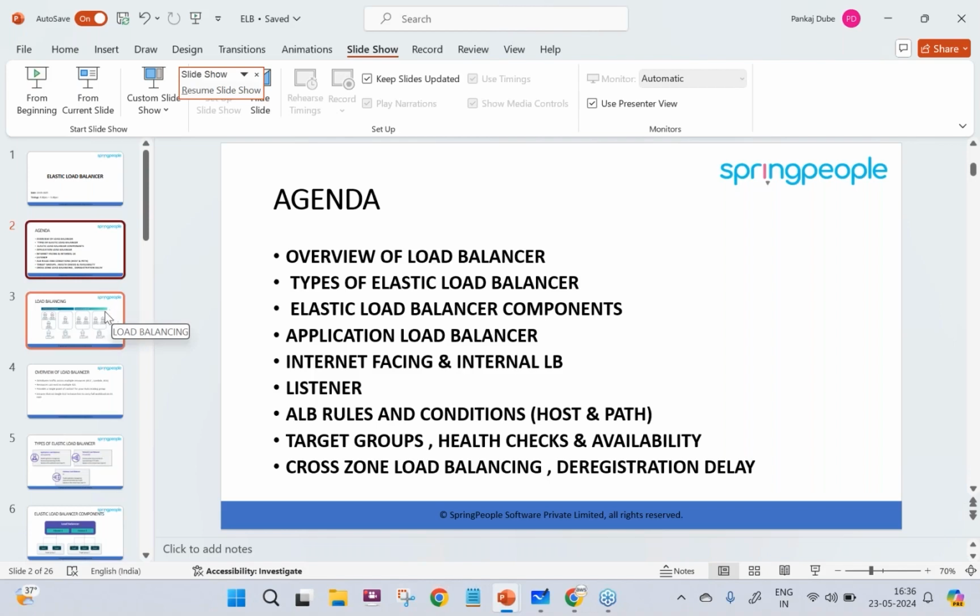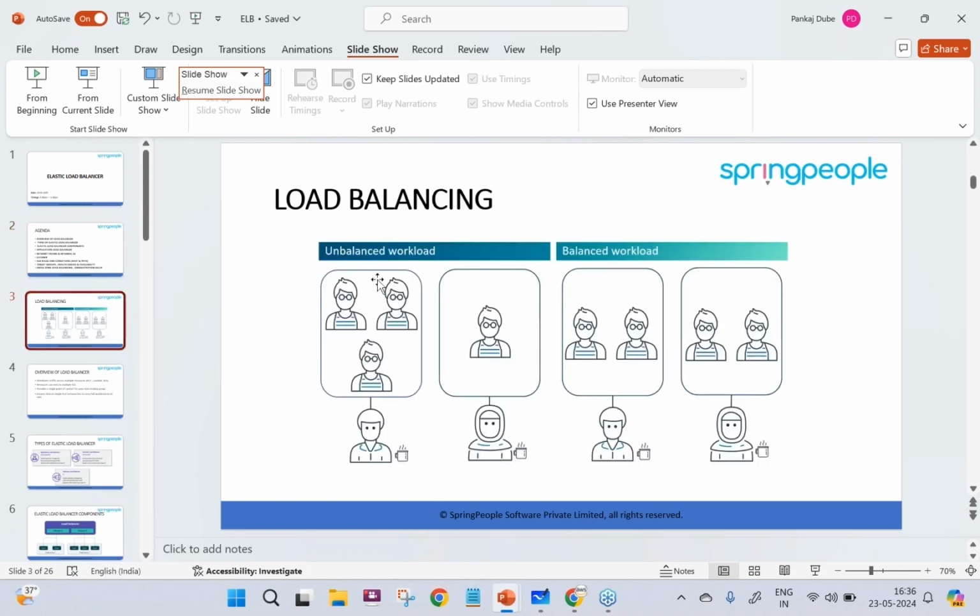So with that being said, let's go ahead and discuss what is meant by load balancing. Let's say you go to a coffee shop, you have a barista to serve your coffee. Here you have two baristas and this is an unbalanced workload.